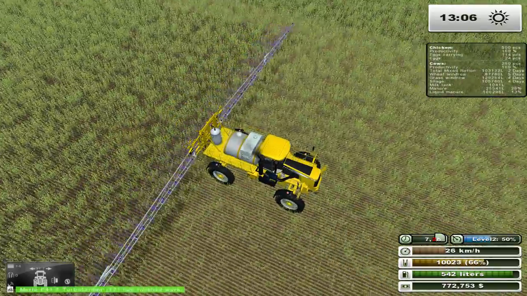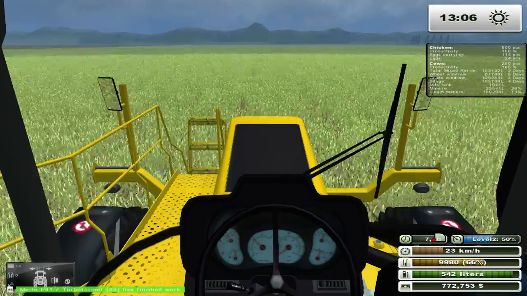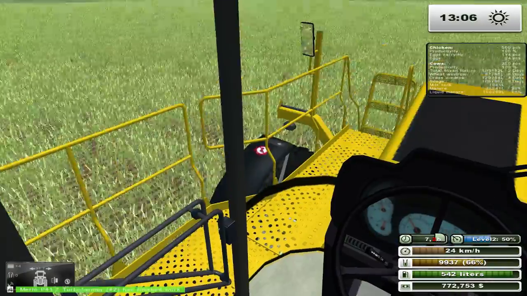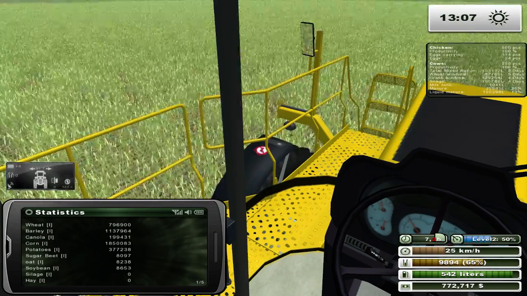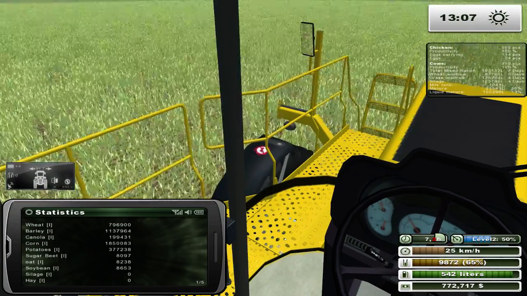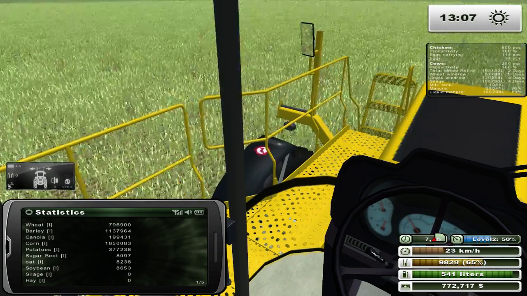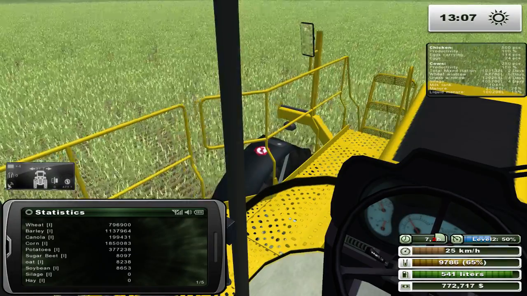Oh yeah, I missed a little bit there. Ah, whatever, it's just a little strip. I suppose I could go back, but I'm not that worried about it, considering how many resources we actually have. If I look through our numbers, we have 1.8 million liters of corn, 377,000 liters of potatoes. Oh yeah, it was corn, not potatoes. Well, I still have a lot of potatoes, but...